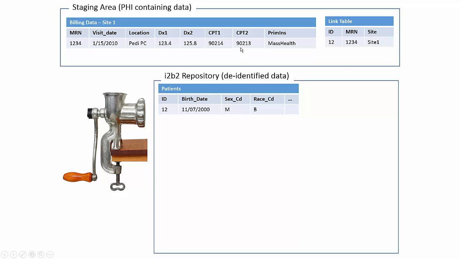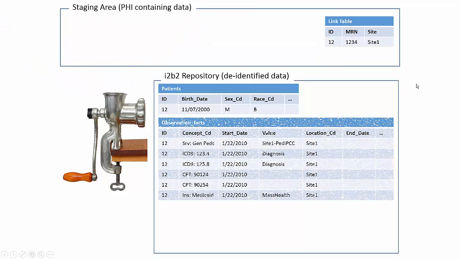they had a visit to PD primary care at that site, were given 2 diagnoses at the time of the visit and also given 2 CPT codes. So when we pull that into the system, we actually chop up each one of those elements into an individual fact. And so you can see that now in our database we have a person, a de-identified person, who had